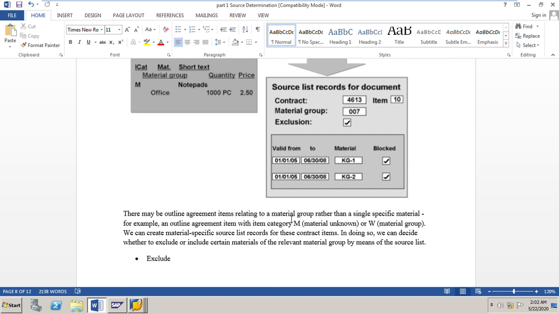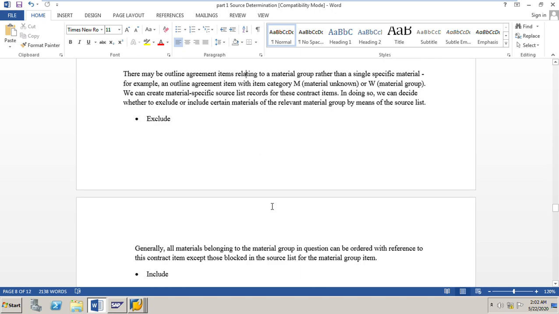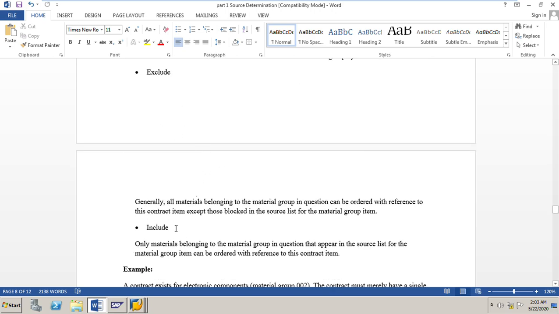So what it says is, if we have a contract for a particular material group, then in that contract we can exclude certain materials belonging to the same material group from creating release orders with respect to this material group contract. How? We can either exclude or include. Exclude means we can exclude certain materials belonging to the material group.